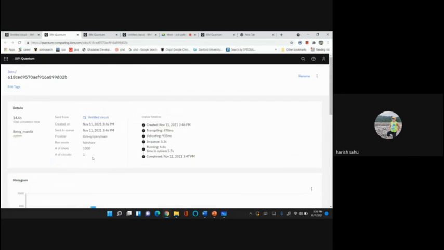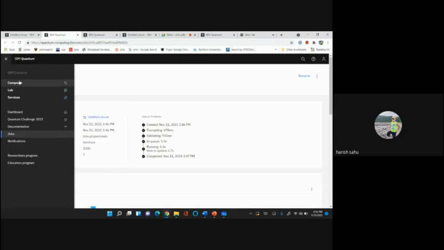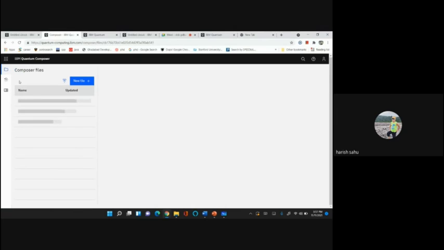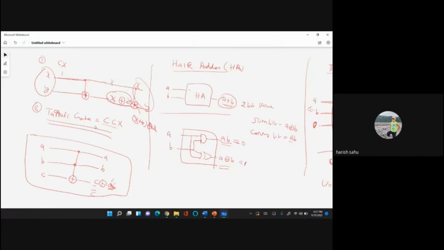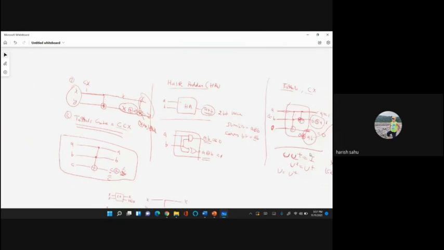So this is clear, I think. Any doubt in using this composer? You can ask again, because this composer will be used in tomorrow's session also. I request you to explore this composer tonight. Similarly, can you implement that full adder circuit? You can take a snapshot of this circuit and implement it tomorrow or maybe tonight.